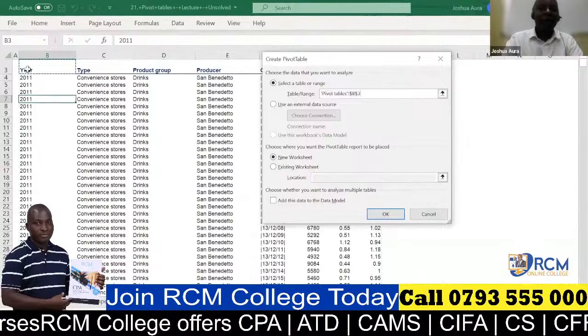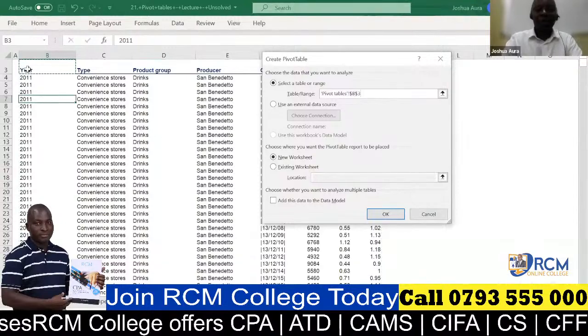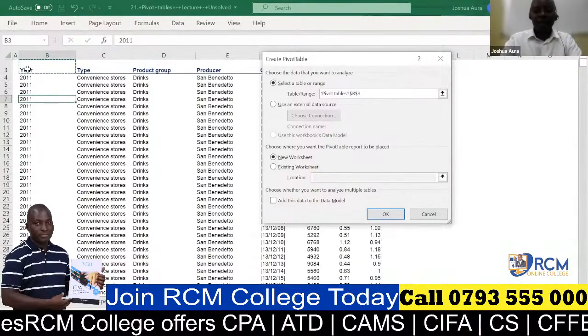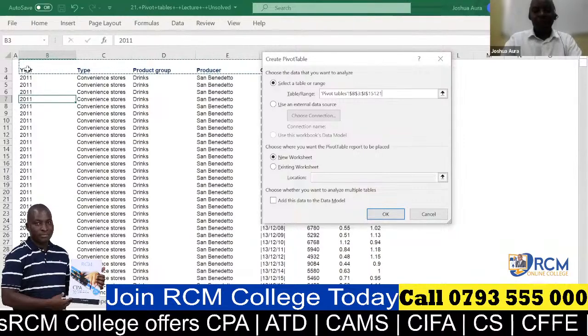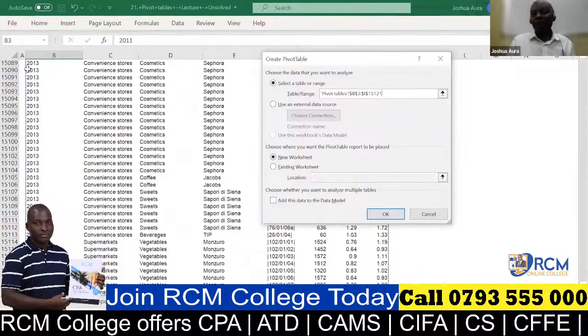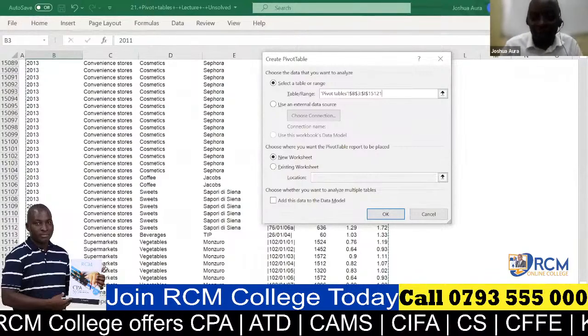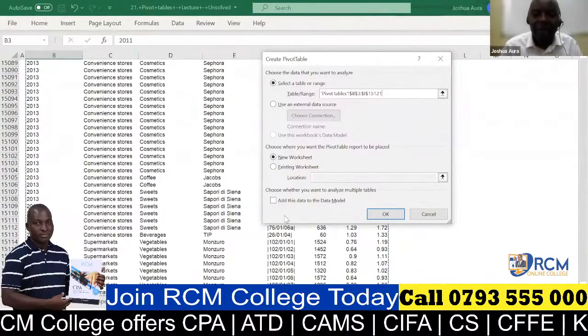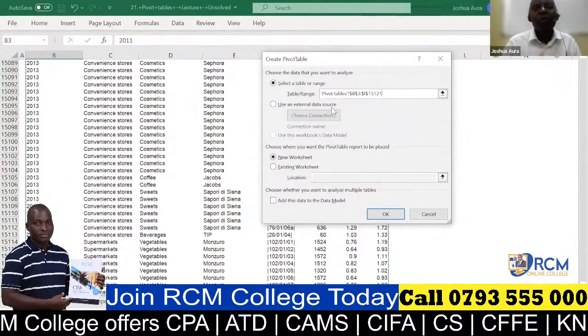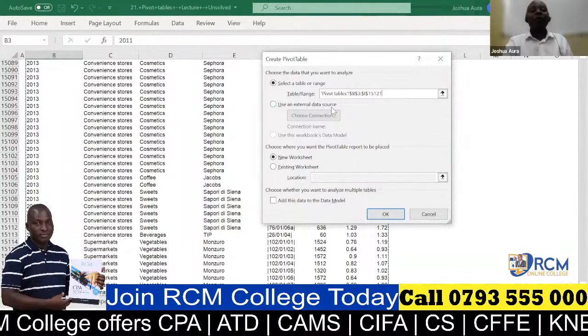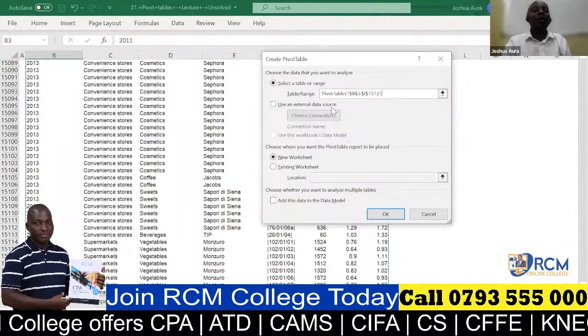I'll come here, right? Control Shift, right arrow, Control Shift, down arrow. So I've been able to highlight the entire table. When I highlight the entire table, leave alone this: use an external data source. So for external data source, for those companies in this case that have